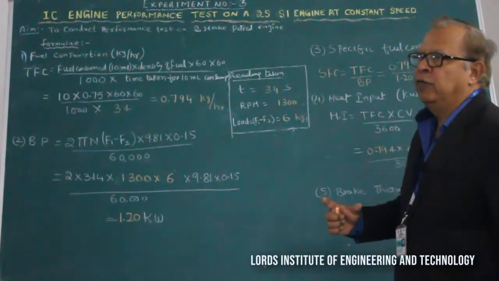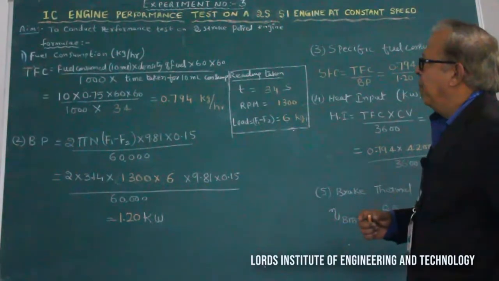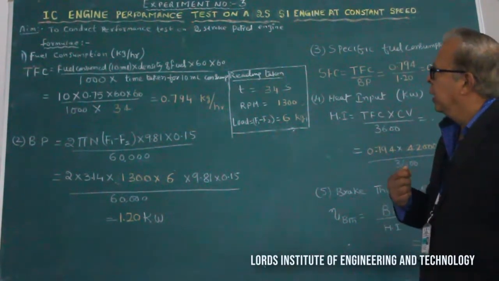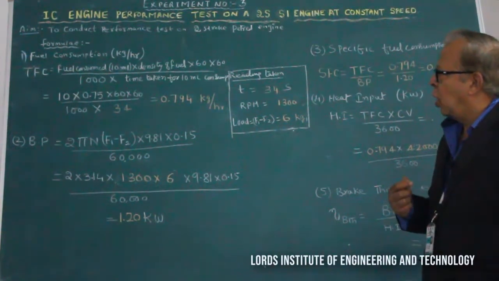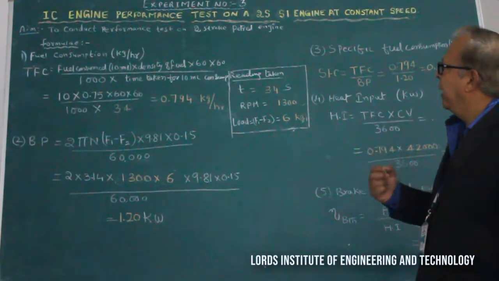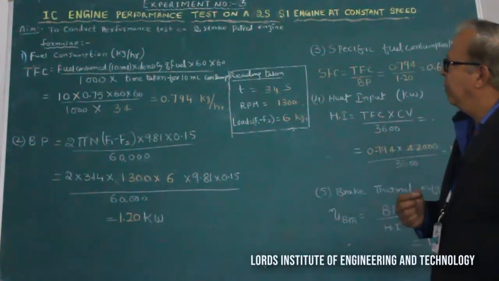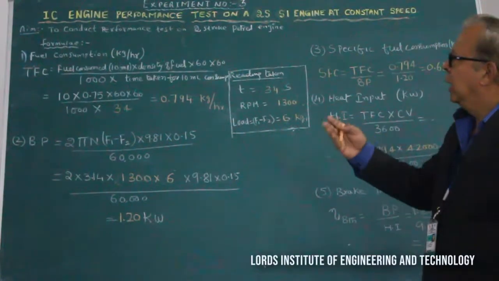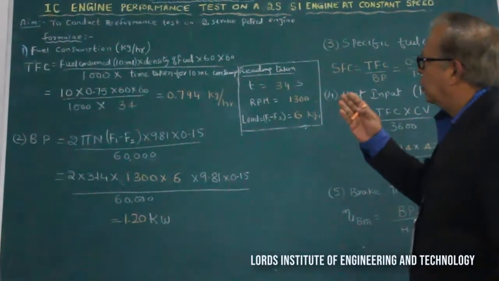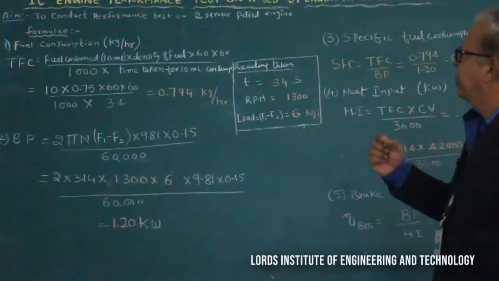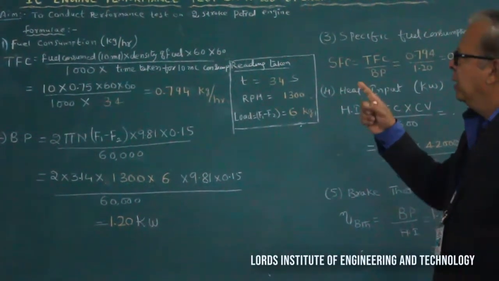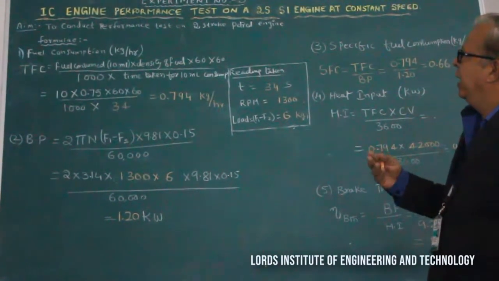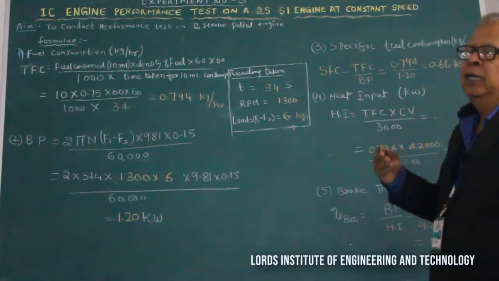The required quantity we have taken is 10 ml of petrol, into the density of the petrol, divided by 1000, into the time taken for 10 ml. We divide by 1000 because we are converting milliliters into liters, so that constant 1000 we have to divide. Then we multiply the same with 60 into 60 because we want to calculate total fuel consumed in kgs